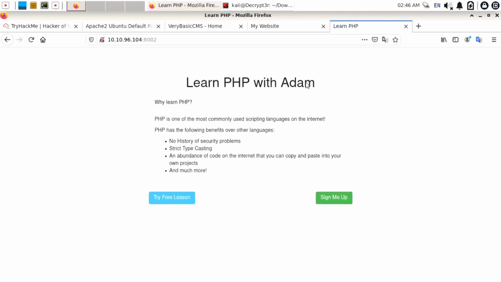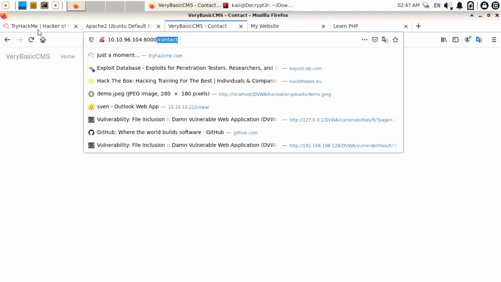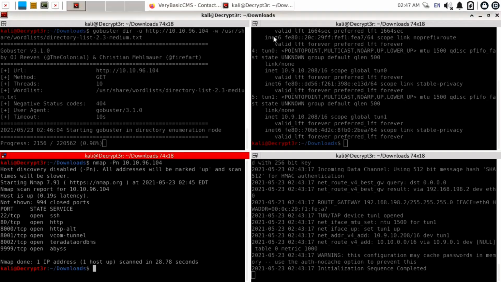Let's try to analyze all the websites one by one. Page 80 doesn't contain anything. On port 8000 there are three pages: home, about, contact. Okay, there is nothing injectable. You can simply scan this by using GoBuster.